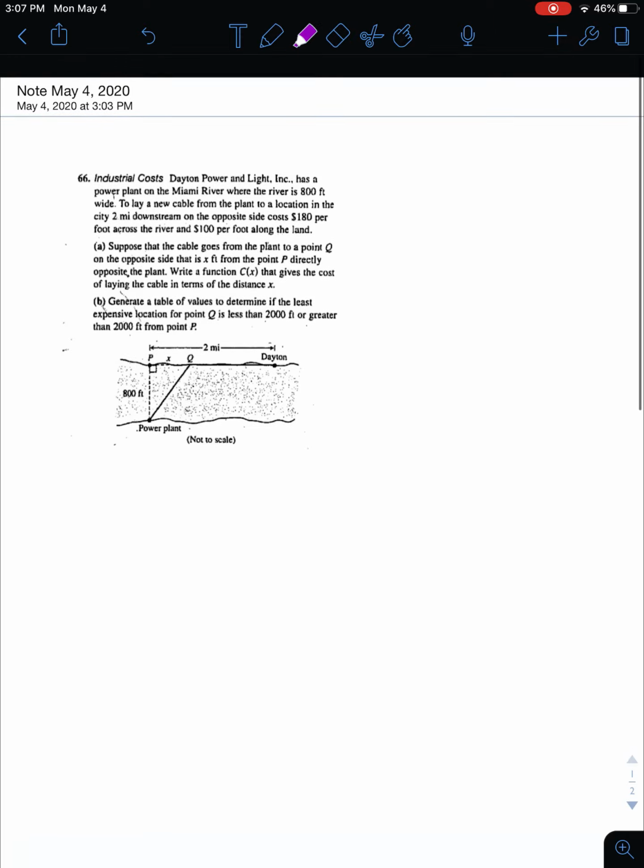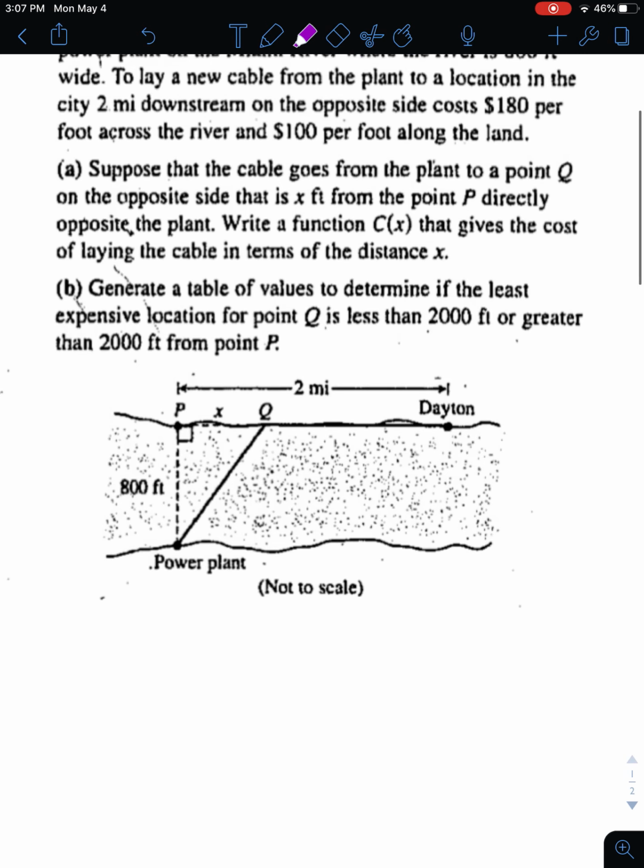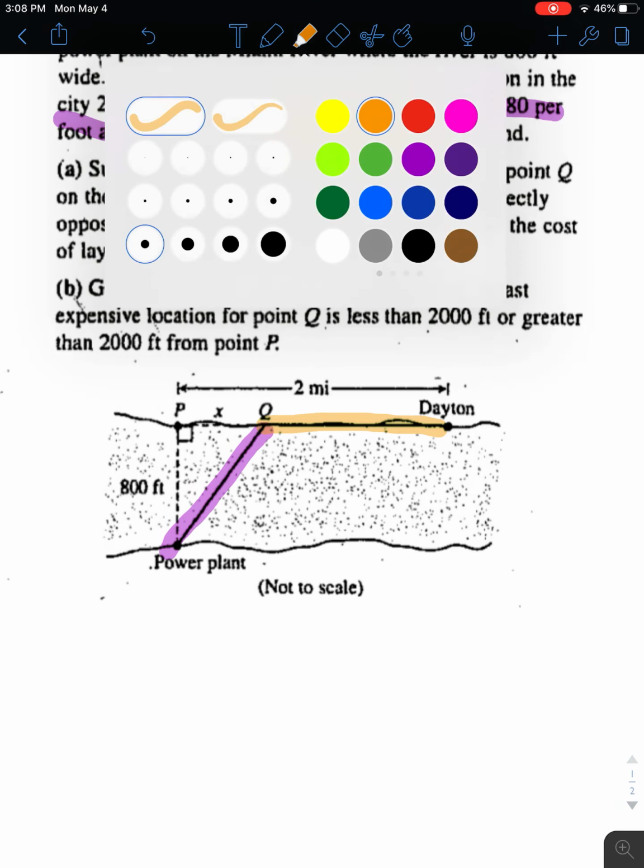So I have the cost to go across the river, which is 180 per foot. And then I have my cost to go along land, which is 100 per foot. So the thing I'm looking for is how can I go through